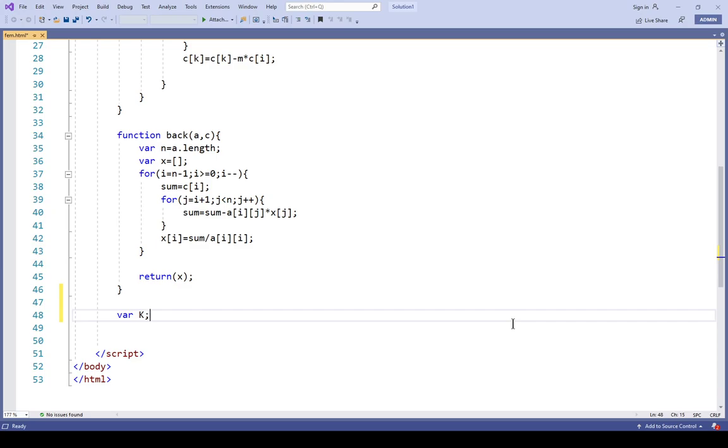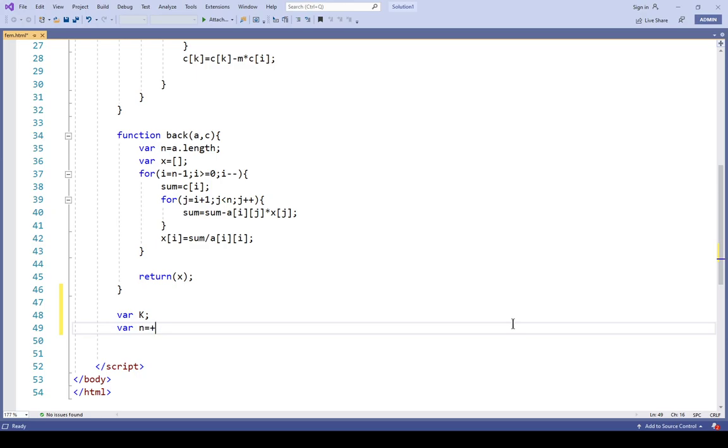For that I need to initialize the matrix K. Its size is dependent on the number of nodes. If the number of nodes is 3, then the global stiffness matrix size is degree of freedom times number of nodes, as we did in the numerical. Here the degree of freedom is always 1, so the size of the global stiffness matrix equals the number of nodes. Therefore I accept the number of nodes as n from the user.